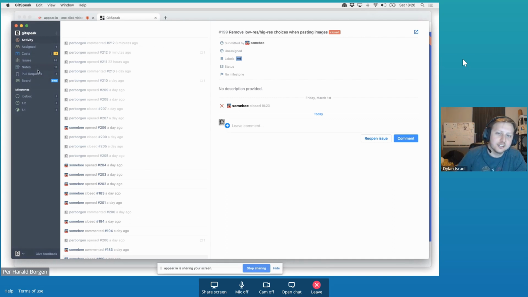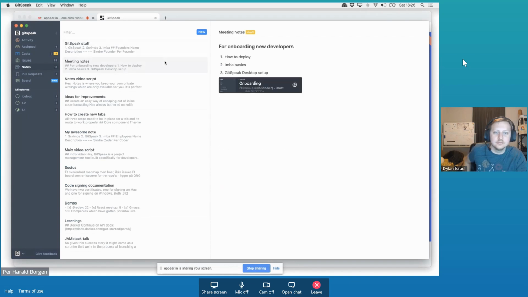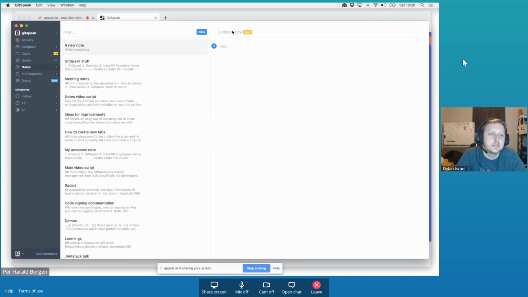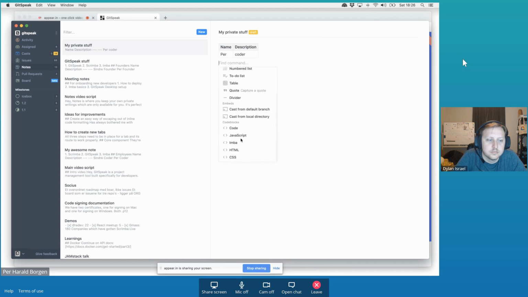And actually the notes, I didn't explain that, but that's basically just your own private stuff, where you can write and use the same formatting options, and you can do whatever, like paste code, paste costs, paste contextual snippets, add to-do lists, basically whatever you want.